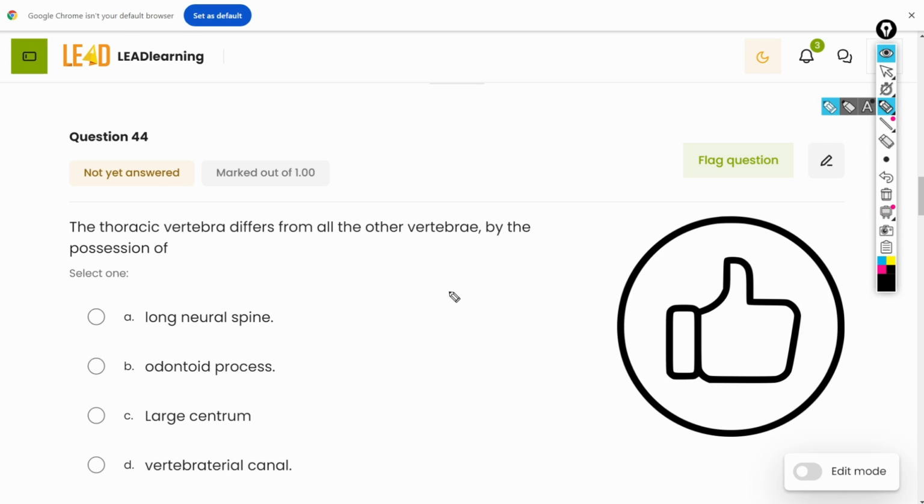Question 44. The thoracic vertebra differs from all the other vertebrae by the possession of. Now, we need to understand the structure of the thoracic vertebra. The thoracic vertebra is unique for the following. Just look at my diagram. It is more like a kettle or a lamp,